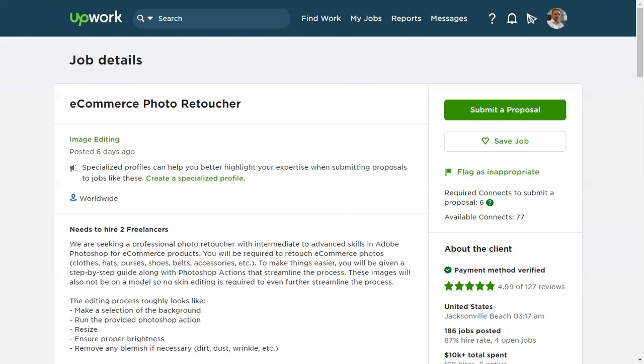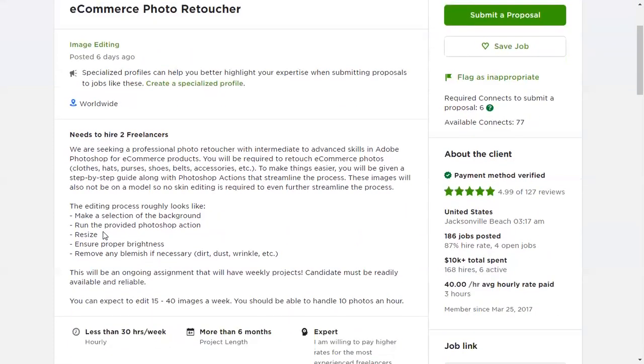That includes clothes, hats, purses, shoes, belts, and accessories, which is already mentioned in the description of this job. The client from the United States is requiring two different freelancers, and he is asking: we are seeking a professional photo retoucher with intermediate to advanced skills in Adobe Photoshop for e-commerce products. You will be required to retouch e-commerce photos.